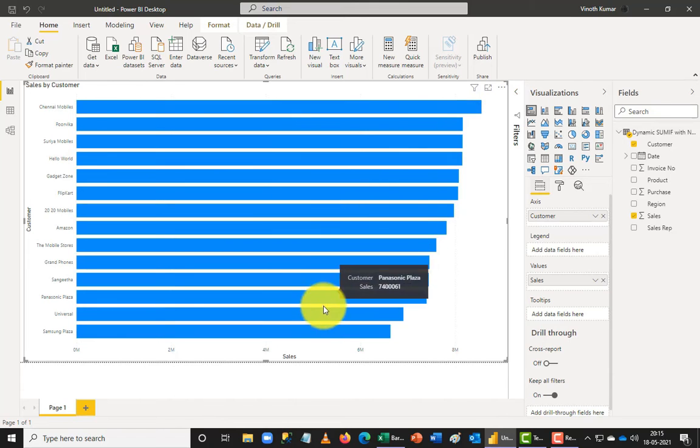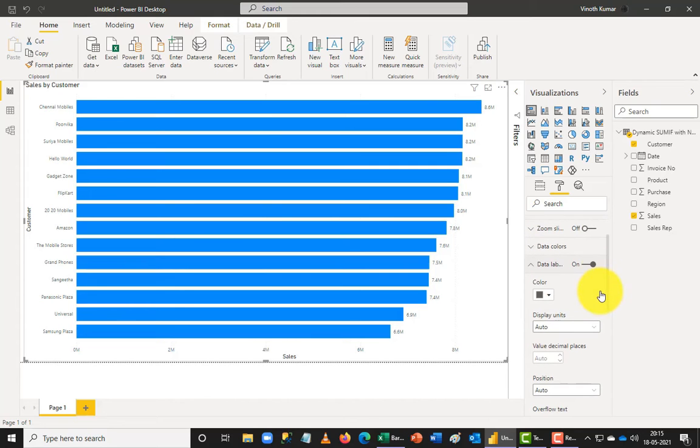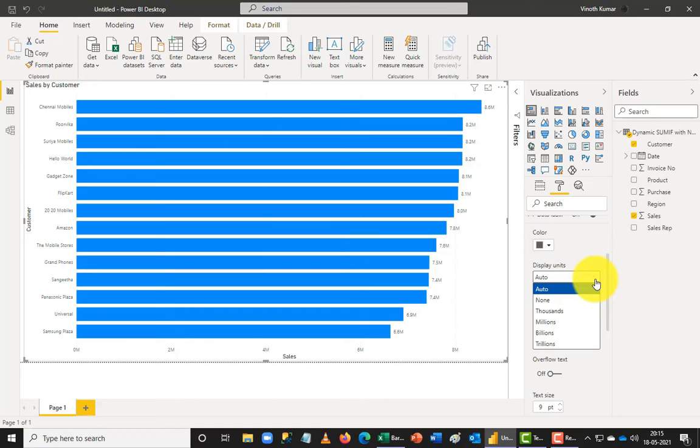Now I want to add one more dimension here: I want to add these numbers onto the right of my chart. To do that, I'm going to go back to my second icon called format, and now you can see there is a lot more coming up here. So I'm going to add a data label here. When I add the data label, it gives you a small information here. But again, if you want to see a bigger dimension, or you want to raise the font size, you can do that by just clicking the data label here. You use your drop down and you can choose the color of the data label and the display units you want to show here. It shows by default as millions here.